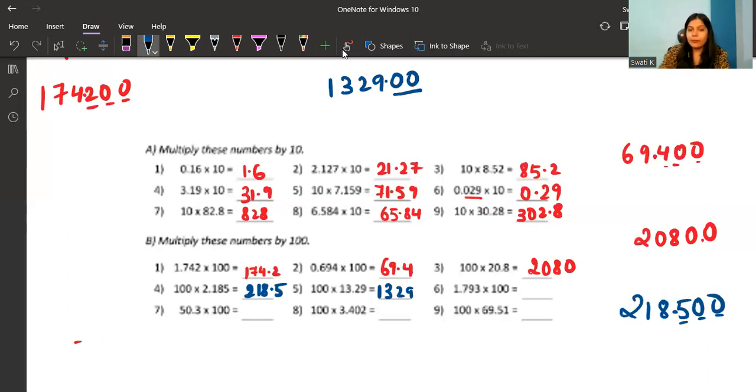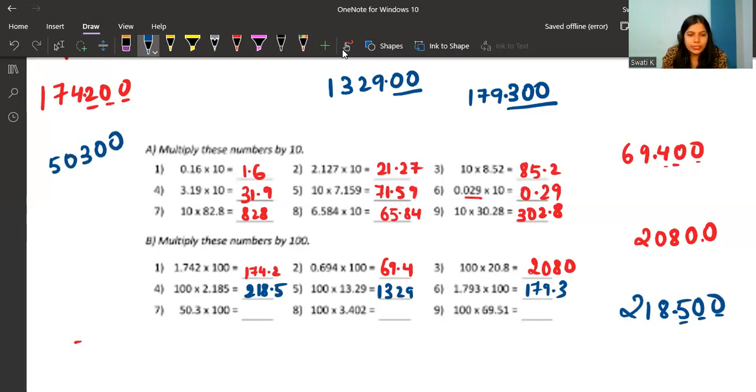Next, 1.793 into 100. So it is going to be 179300. 3 digits after decimal. So 3 digits after decimal. So 179.3. Next, 50.3 into 100, which is